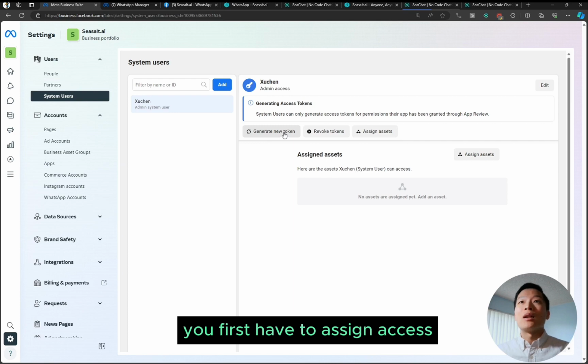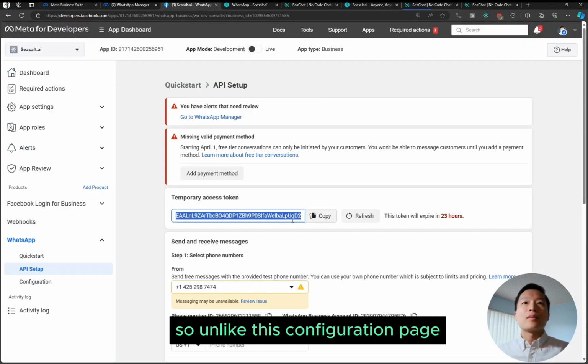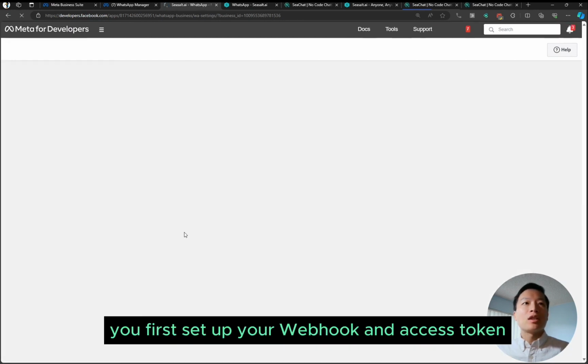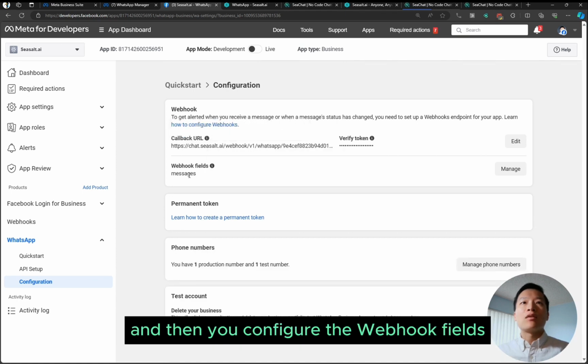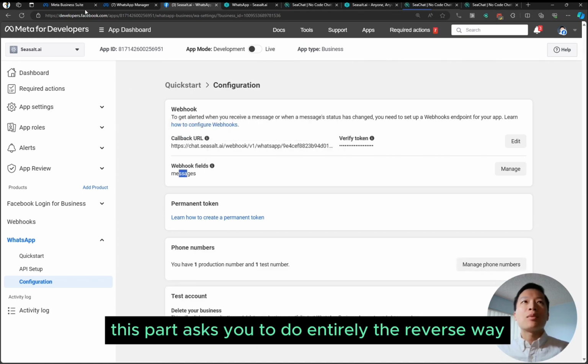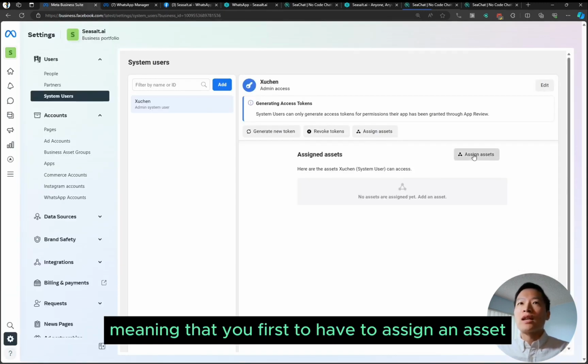So you first have to assign assets, right? This is actually catch number 3 here. Unlike this configuration page, where you first set up your webhook and access token, and then you configure the webhook fields, this part asks you to do it entirely the reverse way, meaning that you first have to assign an asset.